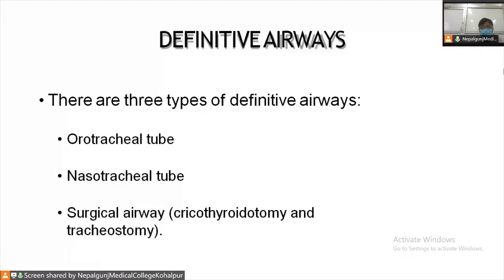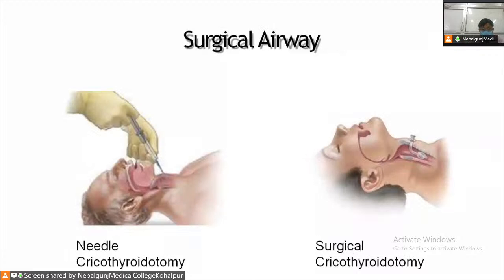Now, there are 3 types of definitive airways, that is orotracheal through the mouth, nasotracheal through the nose, and surgical airway, that is cricothyroidectomy or tracheostomy. Cricothyroidectomy is through the cricothyroid membrane between the cricoid cartilage and thyroid cartilage, so it can be placed with minor injury, and tracheostomy if needed. This is the procedure that has been shown, that is cricothyroidectomy, with 2 procedures, surgical cricothyroidectomy with an airway tube or needle cricothyroidectomy, because it provides a short relief in